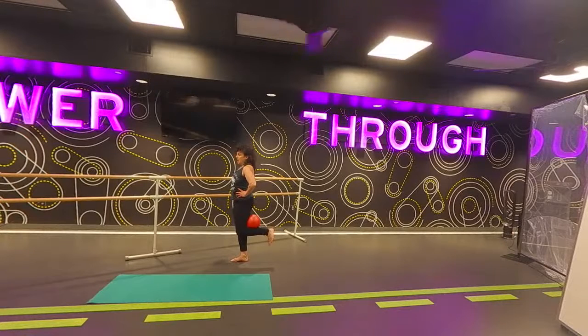Now, try to hollow out your abs, try to create length through your spine, press the crown of your head up to the sky. You're bringing your heel all the way up. 10 more. Now hold it up, circle your knee in one direction,